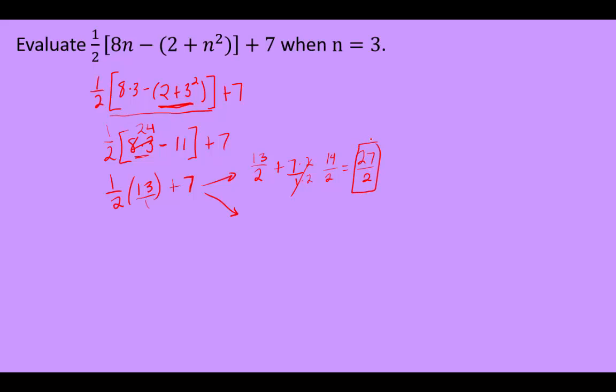The other is to say 1/2 of 13 as a decimal is 6.5, plus 7 is 13.5. Now if we realize how to do 1/2 of 13 and change it to a decimal, the math there is easier. But if you're not allowed to use a calculator, if we have fractions that are more difficult than 1/2, then that may not be the way we want to go. So it is good to be able to work with them as fractions or decimals as is required of us. If your teacher has a preference, it's probably fractions, so you might want to make sure you know how to